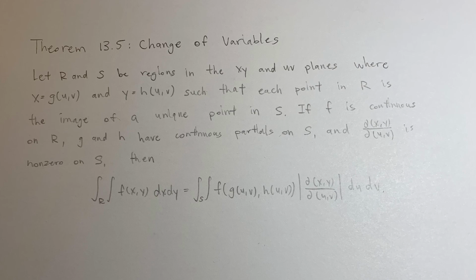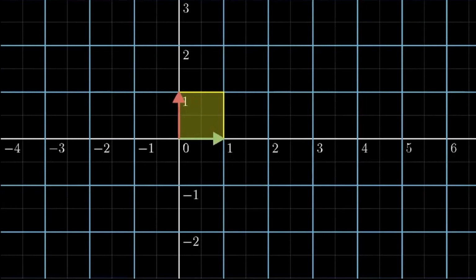then the double integral of f(x,y) dx dy is equal to the double integral of f(g(u,v), h(u,v)) times the Jacobian du dv. We won't be going over the proof for this theorem, but instead I'll show you an animation which should highlight why it works. So recall all the way back in linear algebra where we went over the concept of linear